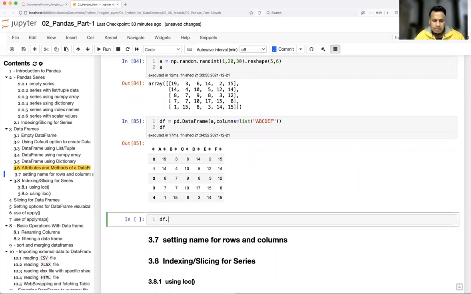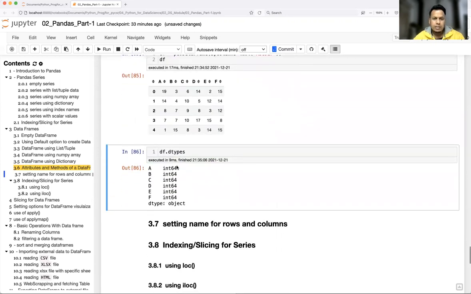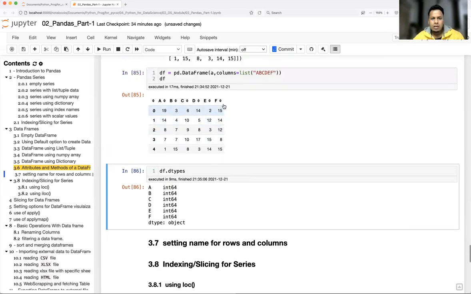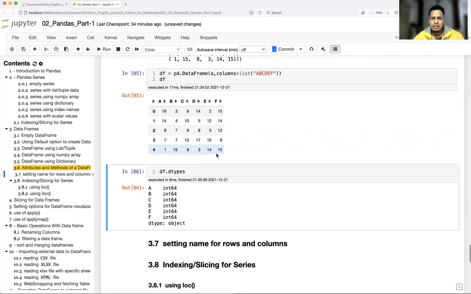So df dot dtypes. This dtypes will tell what kind of data each column has. Right now we have only integer, so you are seeing int64. Let's say column A has int64, column B has string type, so it will show A int64 and B object type. And let's say column F has float data, it will show float64 as well.